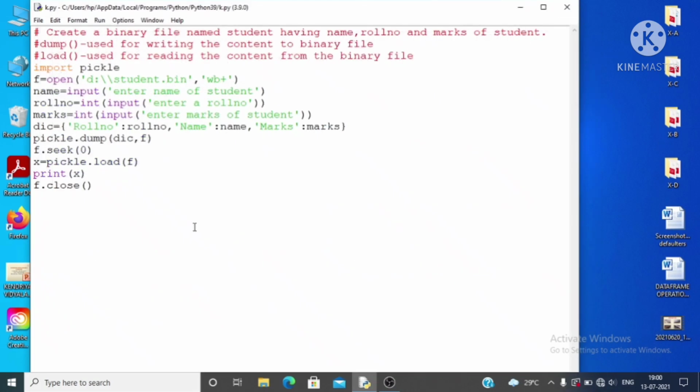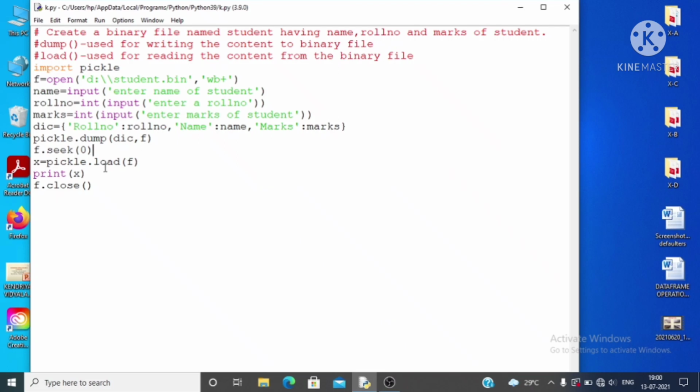But see, in this case we are inserting the record of only one student and reading the record of that one student. Suppose you want to enter the record of more than one student, then you need to use a while loop, because the dump and load functions will be used each time you want to write some content to the binary file, or read some data from the binary file.